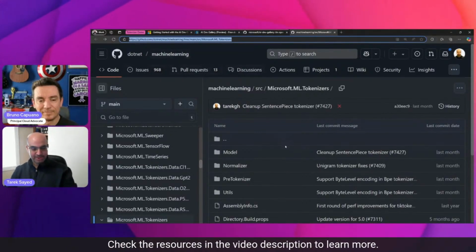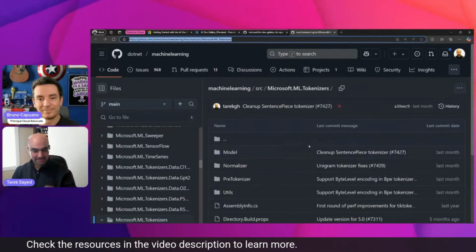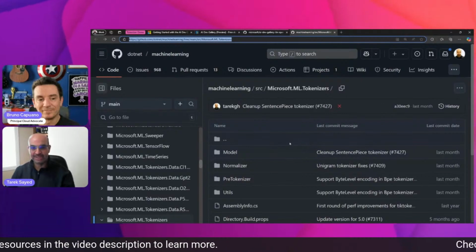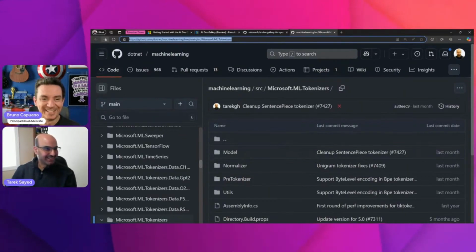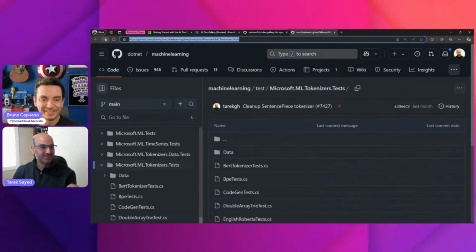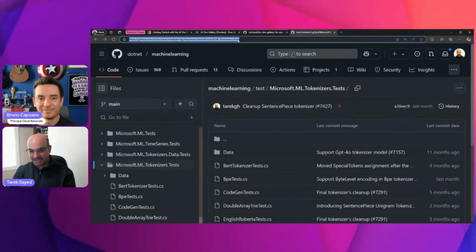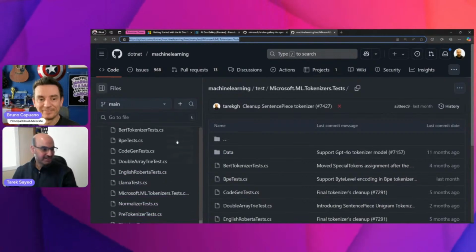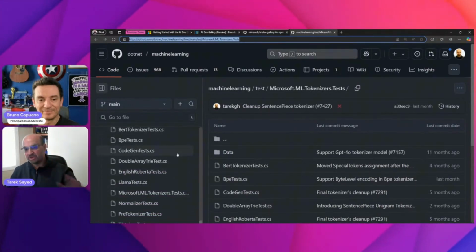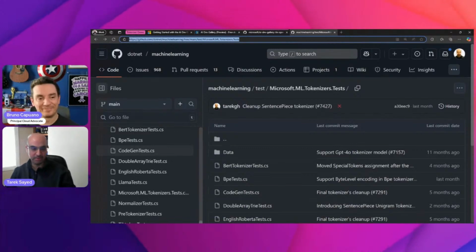The second thing I was talking about, which unfortunately was not showing the first time, is a folder I would recommend people go to. Inside the repo, it's called Microsoft ML Tokenizer.test, and it has testing code for most of the tokenizers that we are supporting.